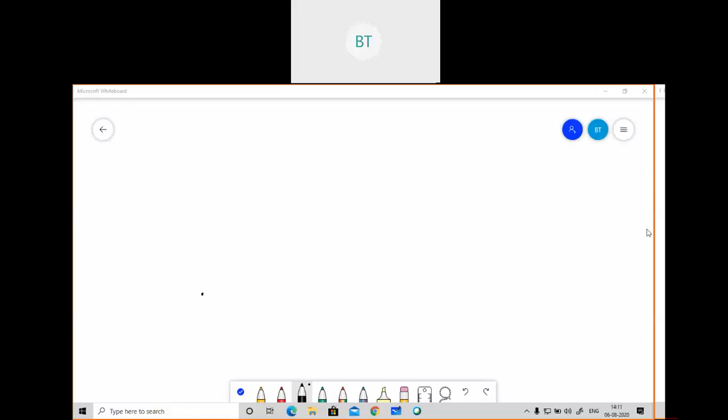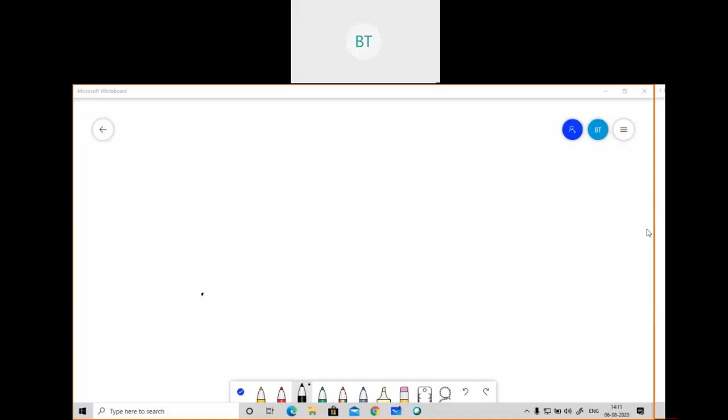So, see, last class we studied what is divergence theorem, what is curl, and what is gradient. I hope everybody was familiar with the terms, and I have solved one example and given one homework to you. I hope everybody has solved this. So, now in this class, we will go on.